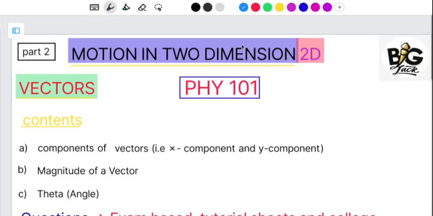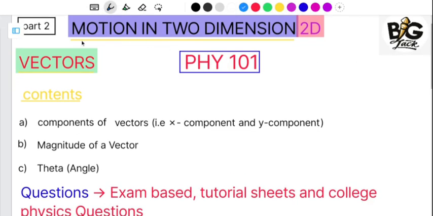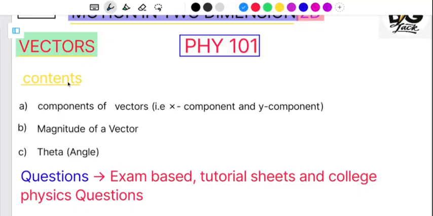Physics 101. So here we are looking at motion in two dimensions. In our previous part, which is part 1, we were looking at motion in one dimension. So specifically here we are going to focus on vectors. So the contents of our lecture series videos, number 1, we are going to look at the components of vectors,